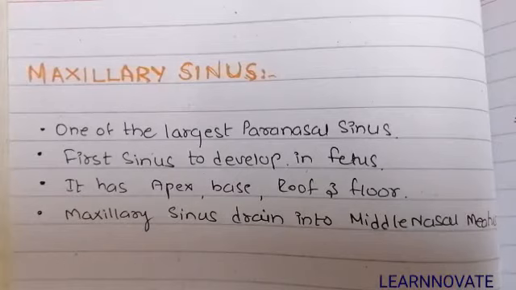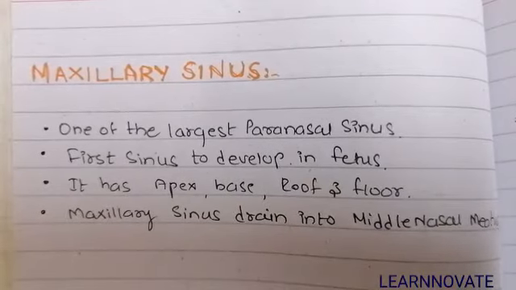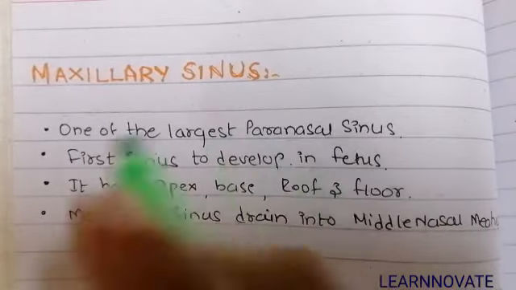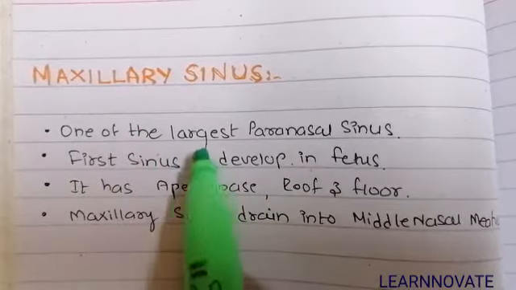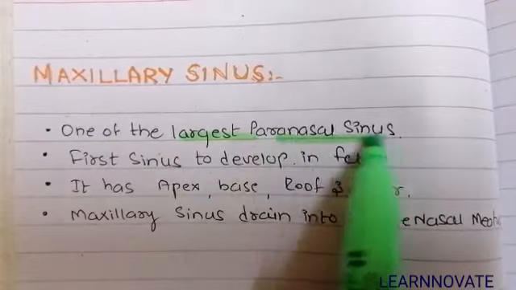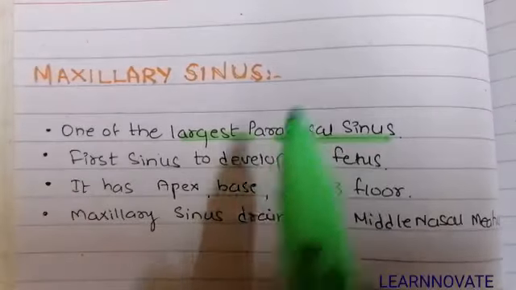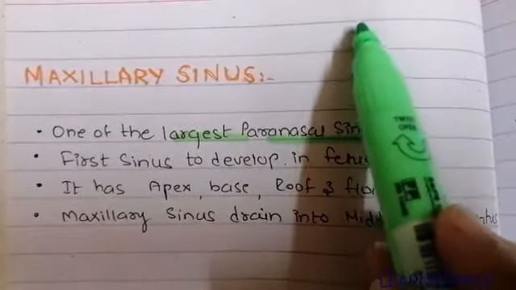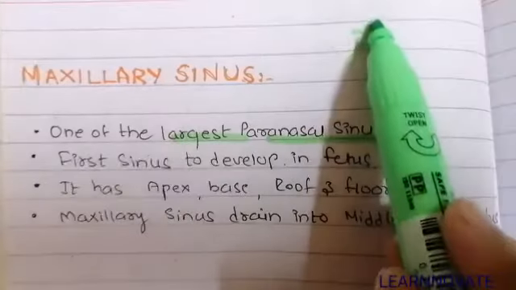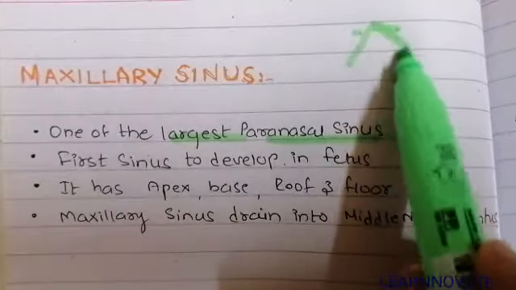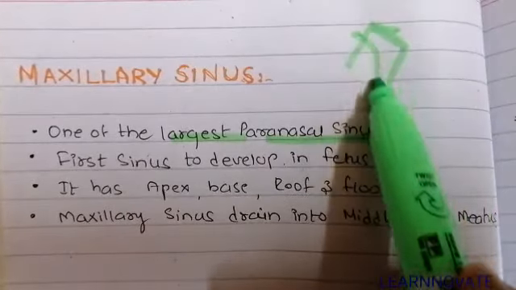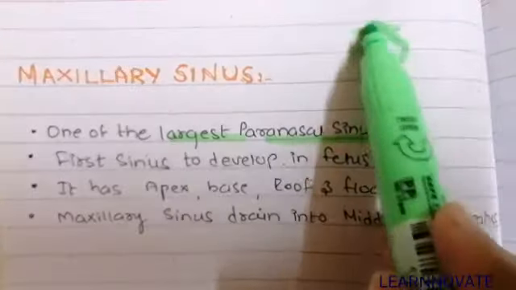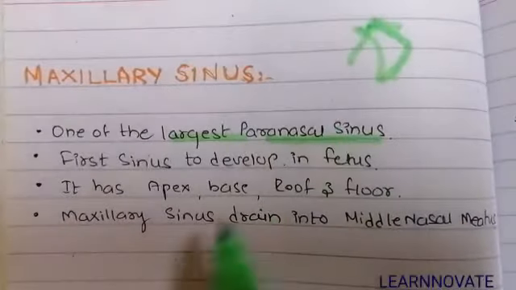Okay, so we have only three important points about the maxillary sinus that are very important to remember. The maxillary sinus is present in the bone of maxilla, and this is the largest paranasal sinus. This is the largest paranasal sinus, and it is present in the area like this. The apex is present superiorly, and then there is a base, and then there is a formation of the area of base here, and then there is an apex, and this is the maxillary sinus